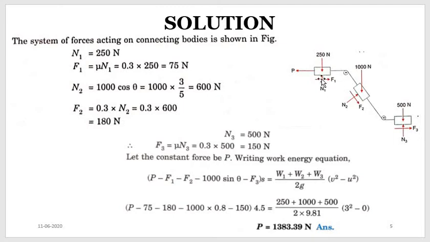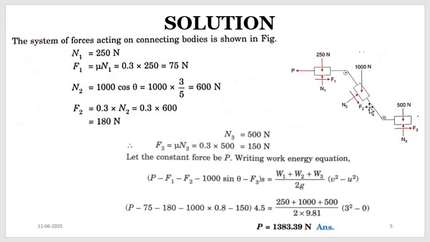And we know that there is no movement for the block in the upward direction. So sigma Fy equal to 0 in the first case. So from that we will get N1 is equal to 250 Newton. And the frictional force, we know that it is mu into N1, which is 0.3 times the normal reaction, which is 75 Newton. Now similarly, when we are drawing the